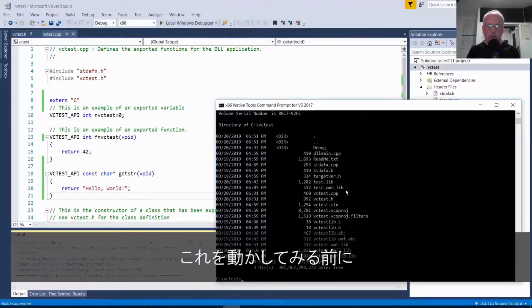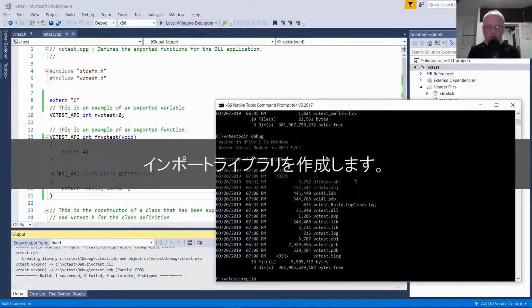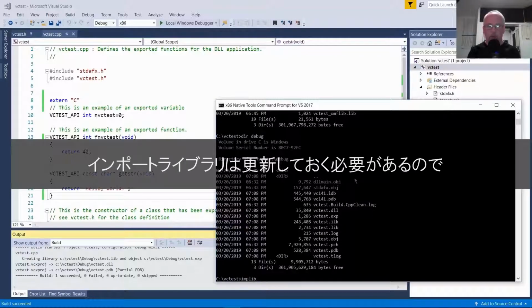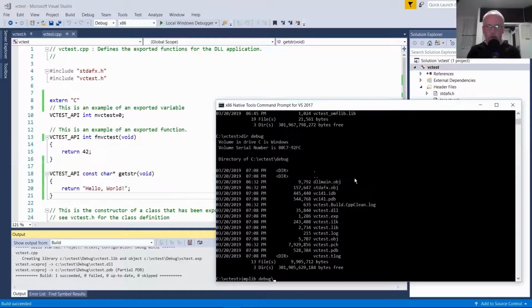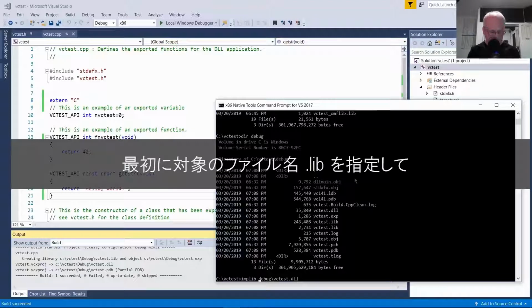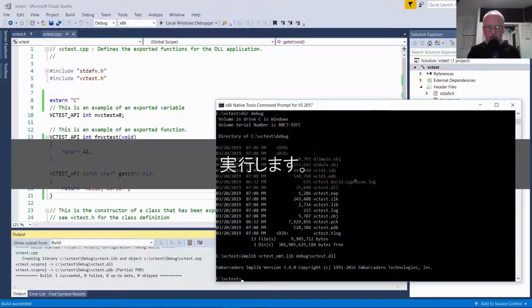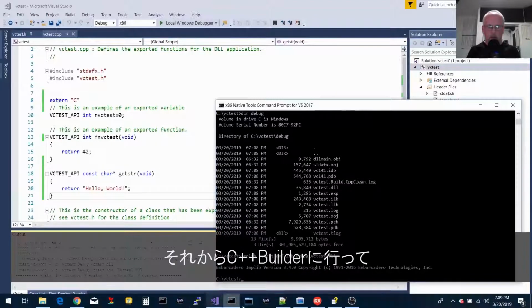And then, as I demonstrated before, we need to create an import library. We need to update our import library, really. So it's going to overwrite the import library that we have. First we have to give the destination file name, .lib. And then there we go. So now when we go over